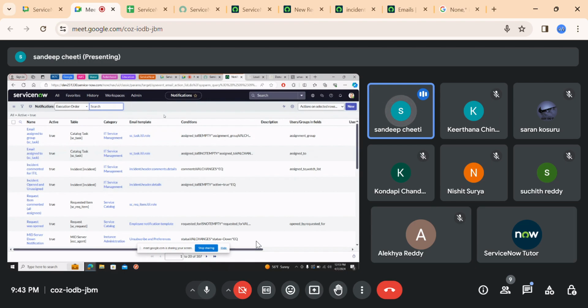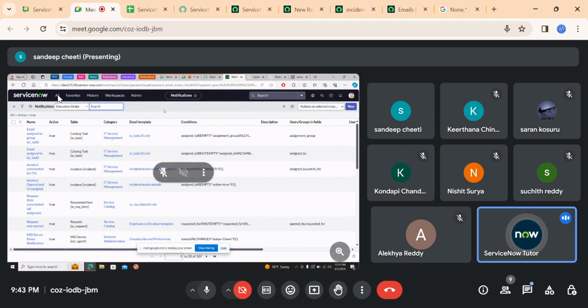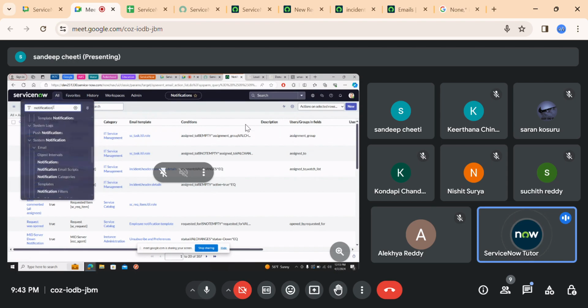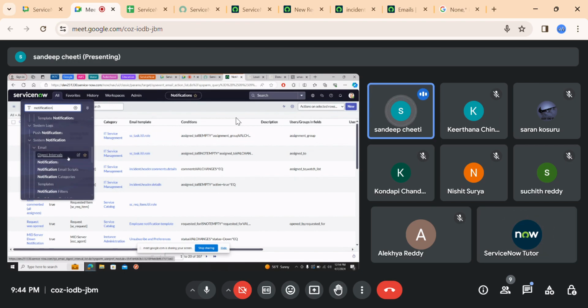I submitted it. So how do we filter that? You can go to the all. You have submitted that. You can click on updated here or in that notification only. So you want to run that notification or you want to see your notification again? I want to run the notification.